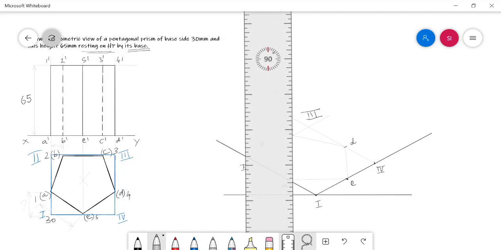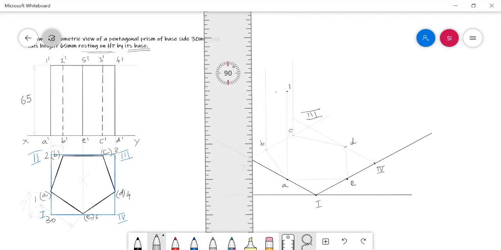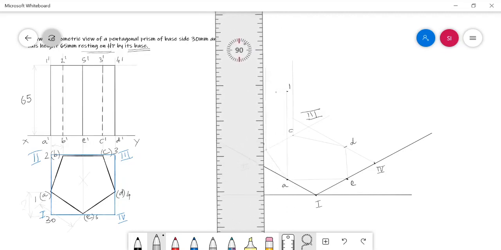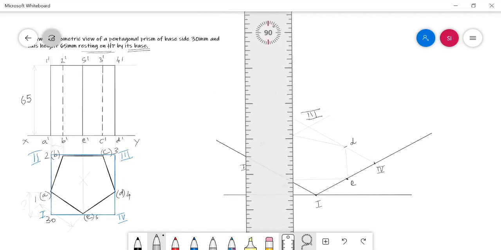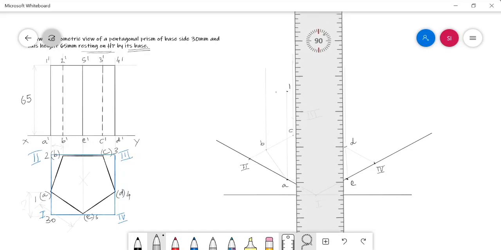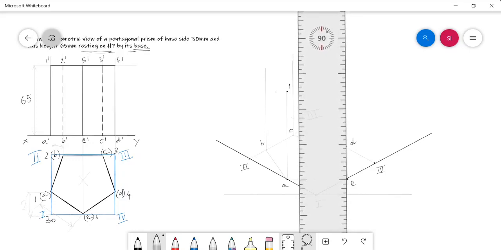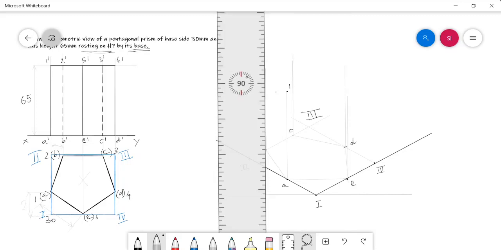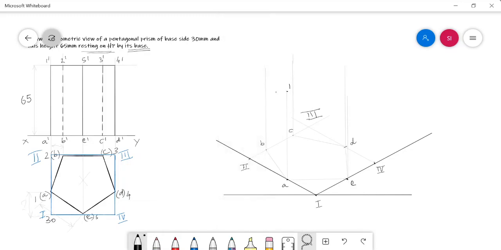And in the same way from the point C, and from the point D, and finally from the point E. Now these are all the points 2, 3, 4 and 5.